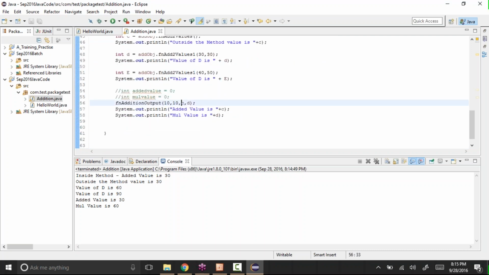Not those variables. We need to use these only because it's taking it from there.